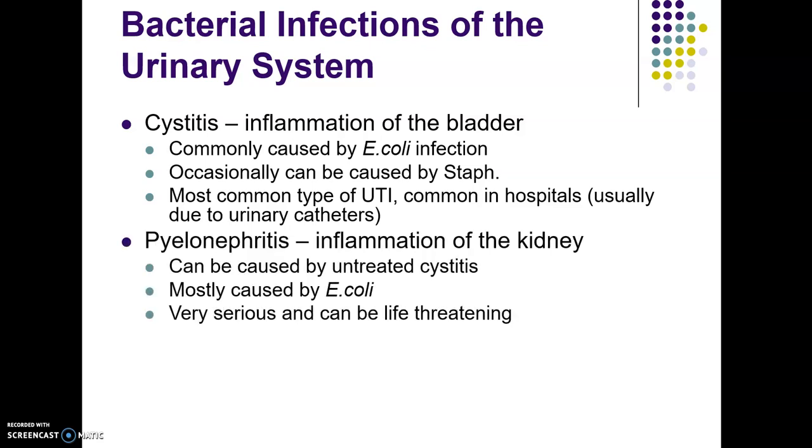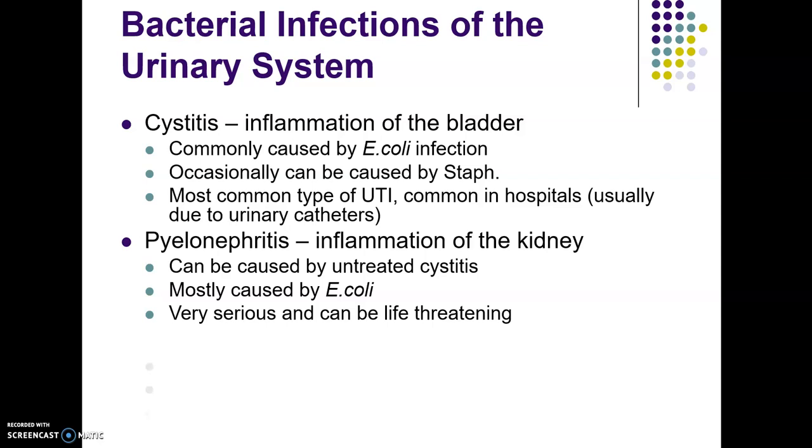And then pyelonephritis is actually inflammation of the kidney, and this is most often caused by untreated cystitis. So if you have a urinary tract infection, it ends up causing cystitis, and nothing gets done about that, it can travel to the kidney, which is much, much more dangerous. This is why it is so crucial to have a urinary tract infection taken care of, usually through the use of antibiotics, because you do not want a urinary tract infection to just kind of be left to its own devices,